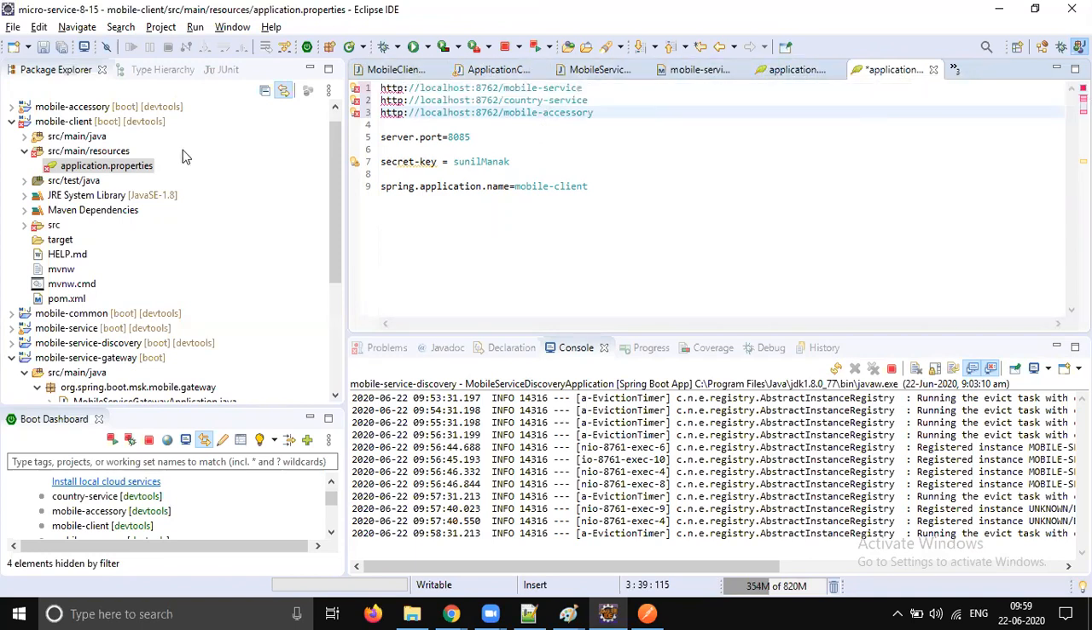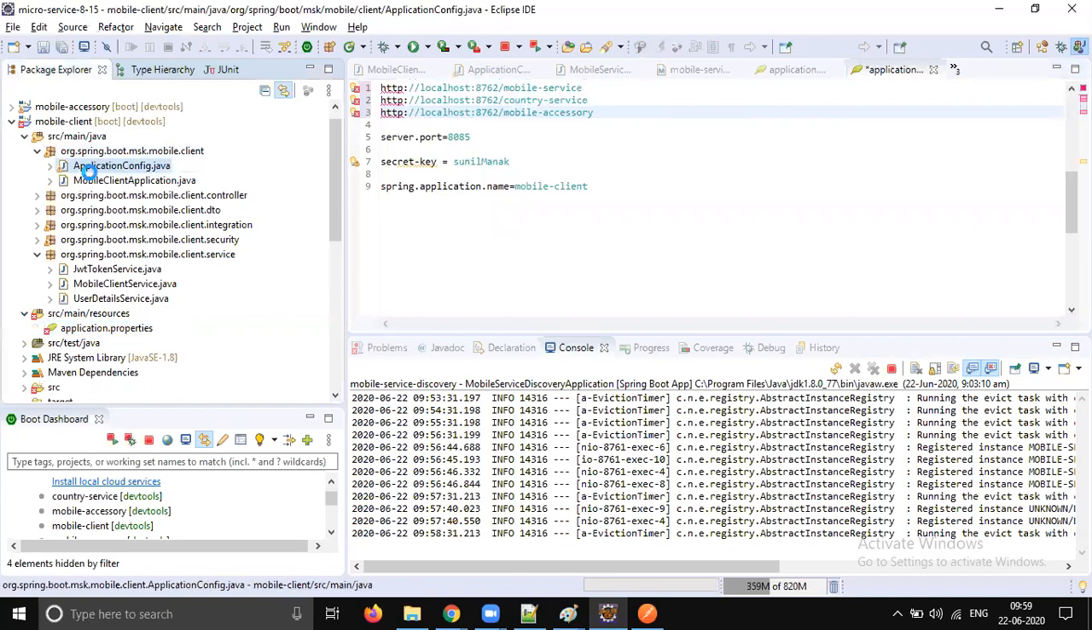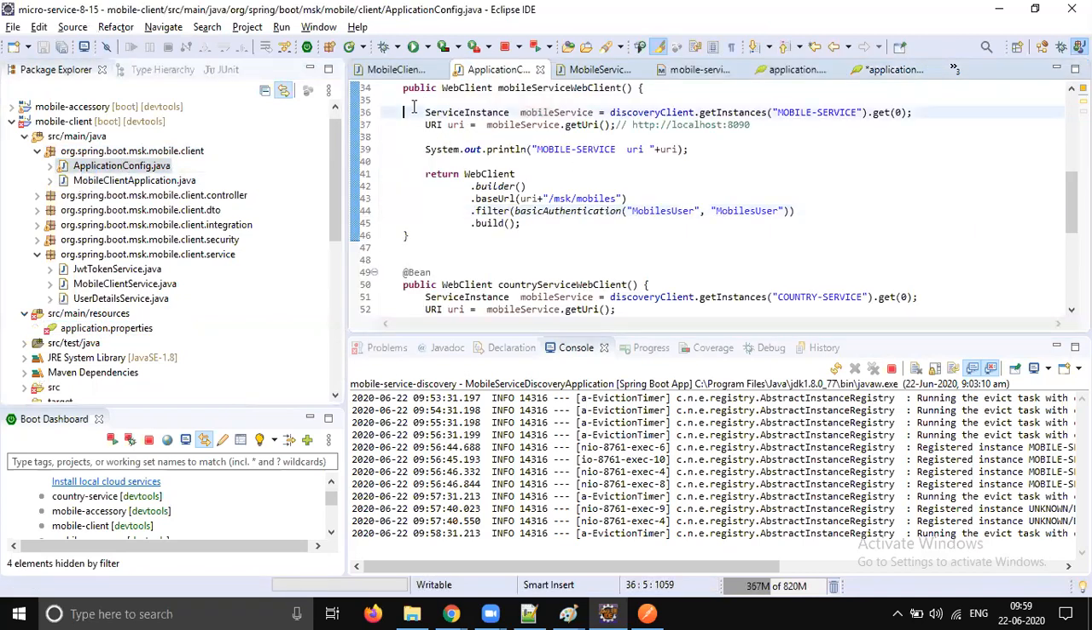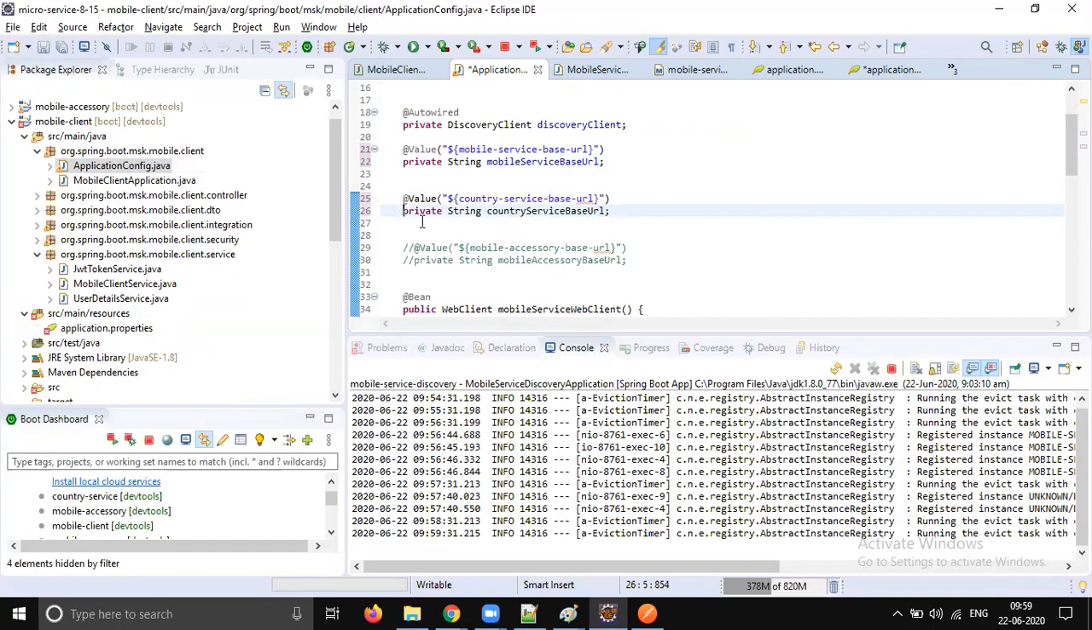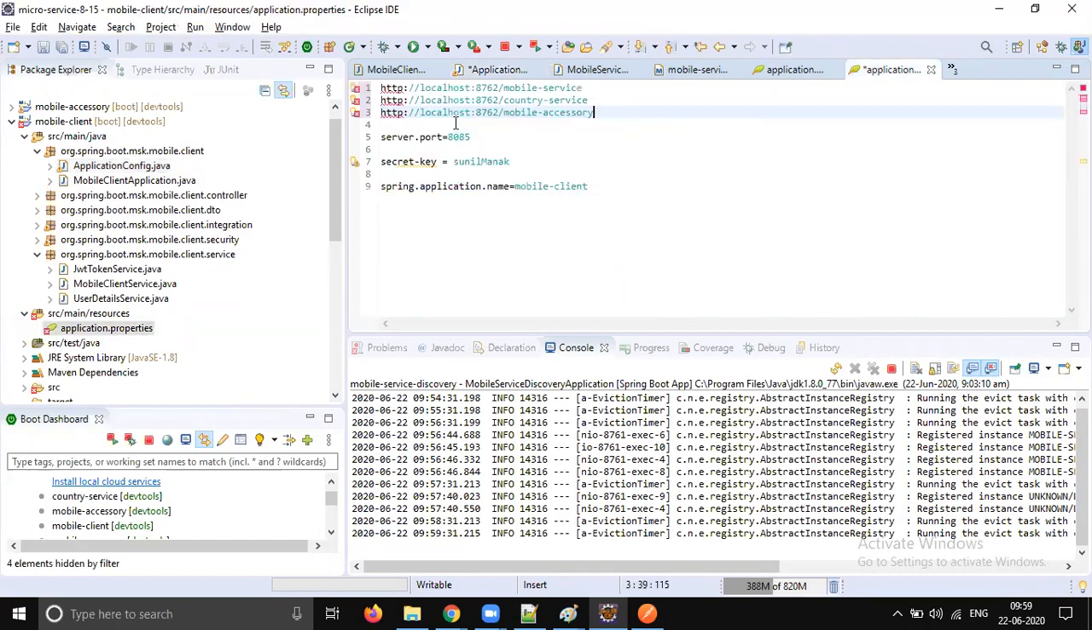So let's go to the client configuration file. We will go back to URLs again. No more service discovery. Again we will go back to our URLs, but this URL is going to be pointed to the load balancer. We are going to use the same keys, mobile service base URL, but it's going to be pointed to